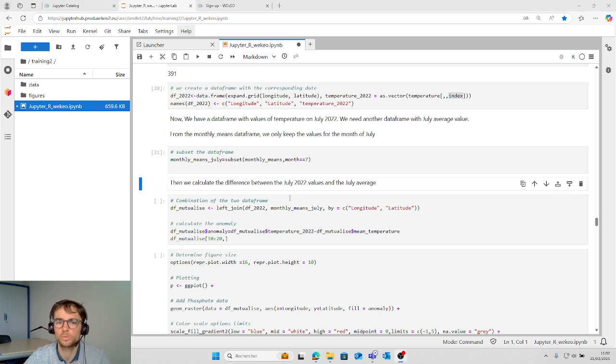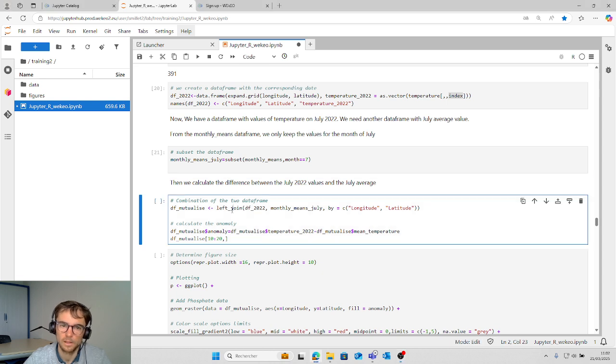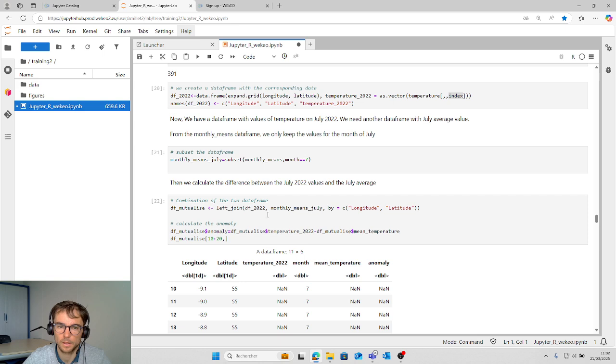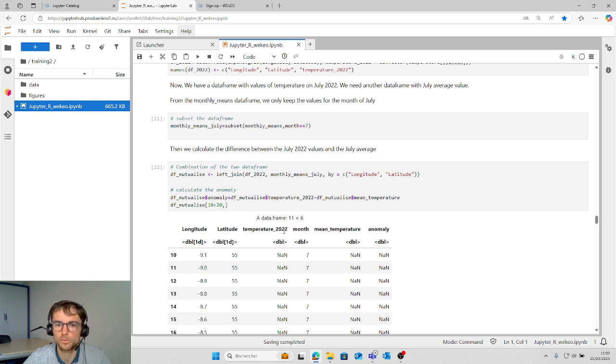Now we combine the two data frames: the monthly means of July and the value of temperature in 2022. And we calculate the difference between the temperature on July 2022 and the mean temperature of July.